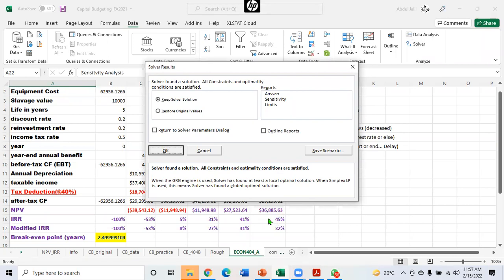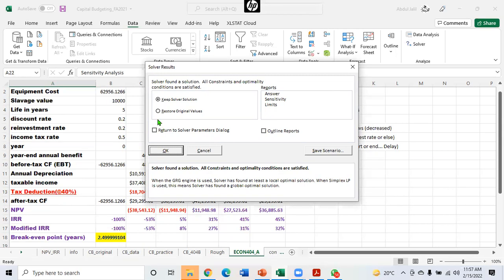36,885 should be the NPV, 45% should be the IRR, 32% should be the MIRR. So these values. But what would be the equipment cost? It has changed the equipment cost mainly, and then it has generated these results, and ultimately found that it is possible that you may have a 2.5 year payback period if and only if your equipment cost is reduced from 1 lakh to